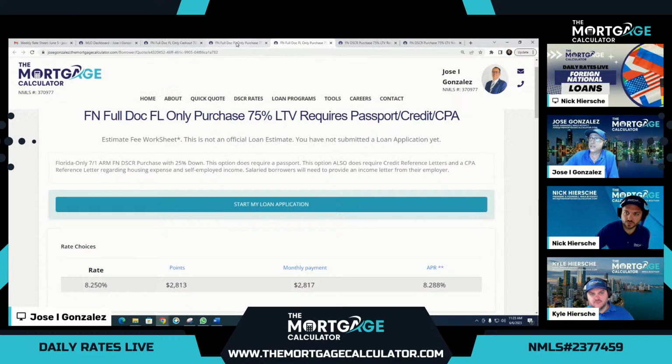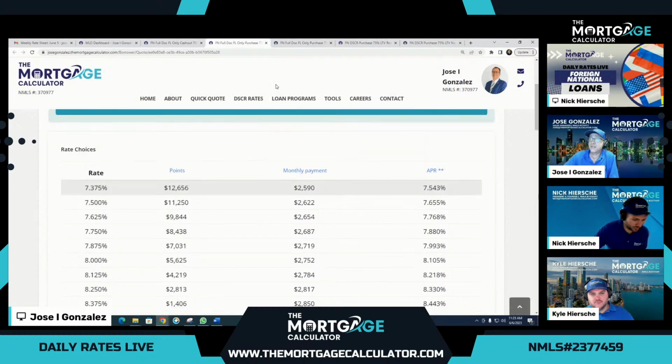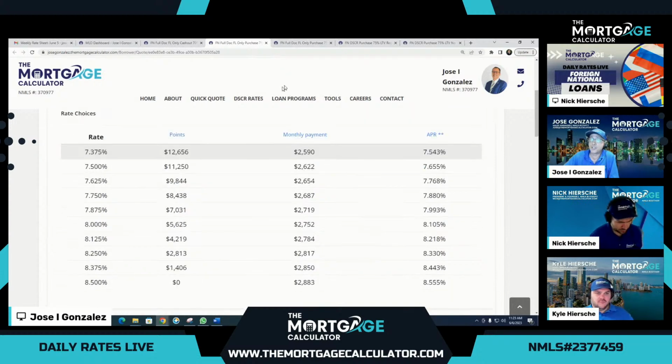Okay, and this is a full doc option. This is the full doc foreign national option that I was mentioning that does require, being full doc, the CPA letter for income, and it will require the 2 reference letters, right? So this is one step above the other one from this same option. When you go DSCR, it requires a CPA letter and the same reference letters, a CPA letter for verifying housing expense only. You don't have to mention income or employment of any type. However, if you want that